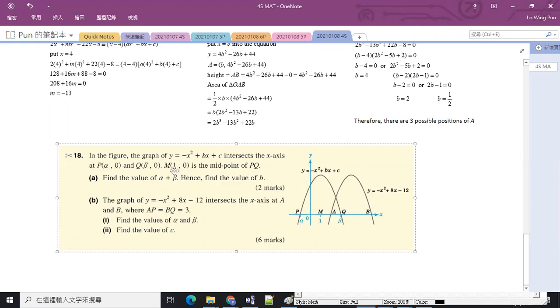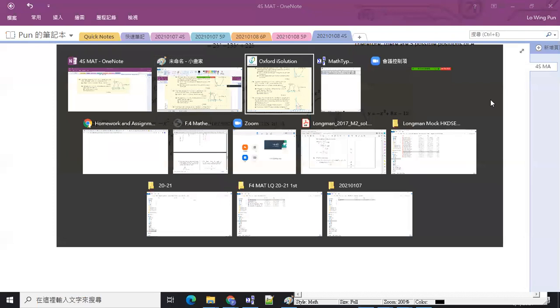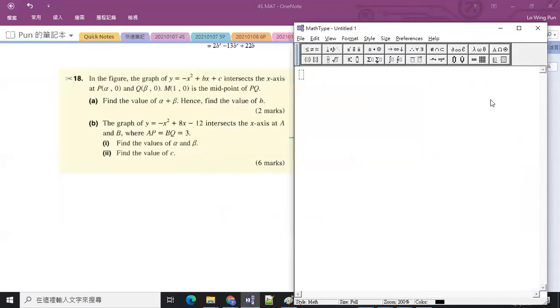And then the point M with coordinates (1, 0) is the midpoint of PQ. Find the value of alpha plus beta, and hence find the value of b. 好啦，呢度咧睇先嗱，我哋 part A，